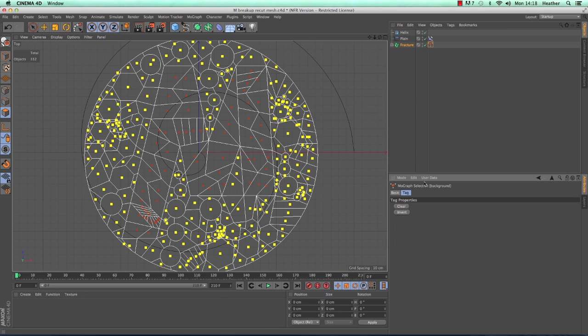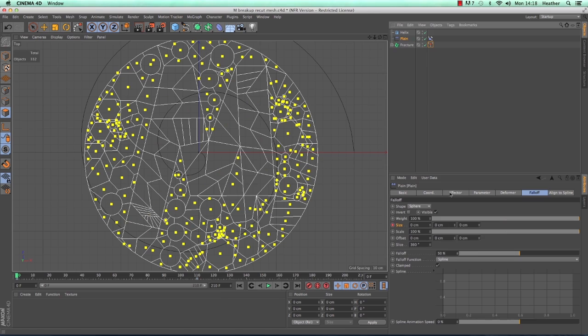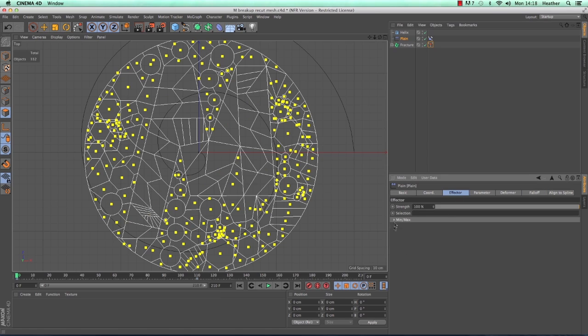So that's fine. So how can we apply this tag onto our plane object? Well, we can do that by going to the plane effector and selecting it, and then going to the effector tab. Underneath the strength, you have got a selection, and it's just an empty link window.